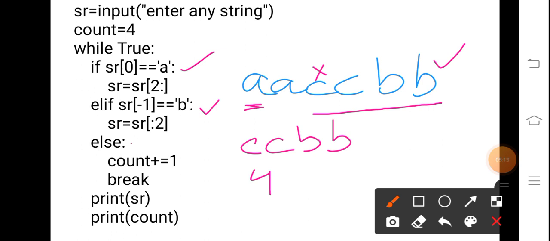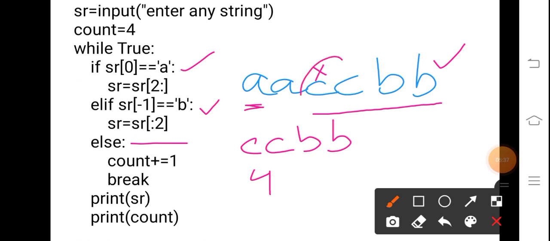So what is happening here in this elif condition? The new value of SR will be starting from, because the beginning index is missing, it will take the first value. And what will be the first value? C in this string, and the first index and next index only will be taken because the final value is 2.